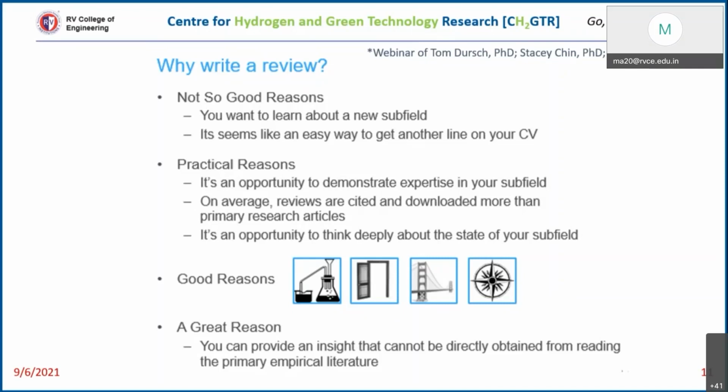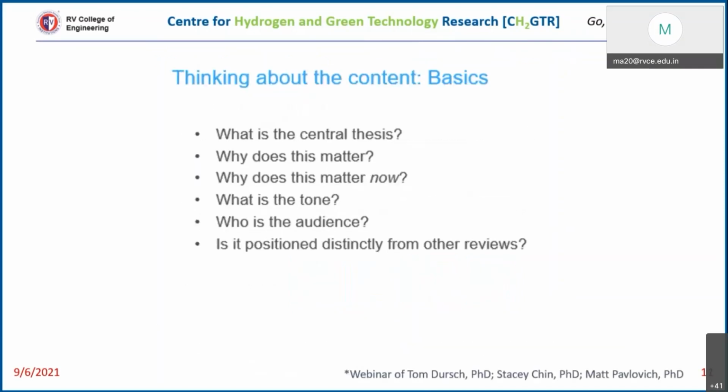So these are the opinions or expectations of the editors of journals, right? And so you should always pay attention to these things while writing a review article. So what is the purpose of this? Where are you going to fit this? Why does this matter? Why is this review important? And why is it important to write that review now? How critical is it, and how is it going to help the scientific community if you write that review now?